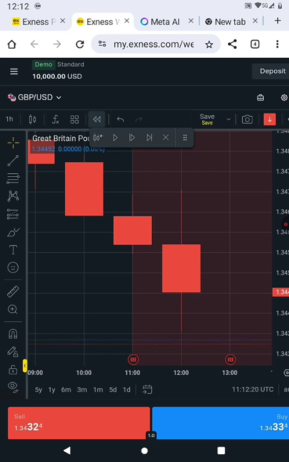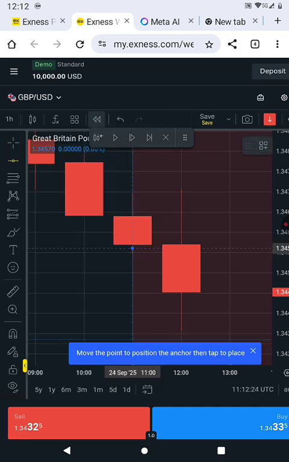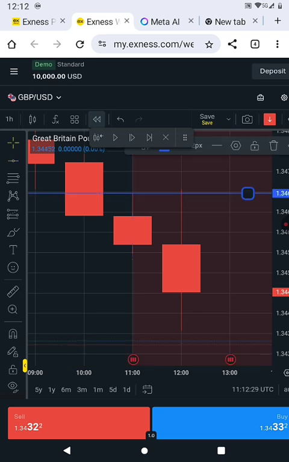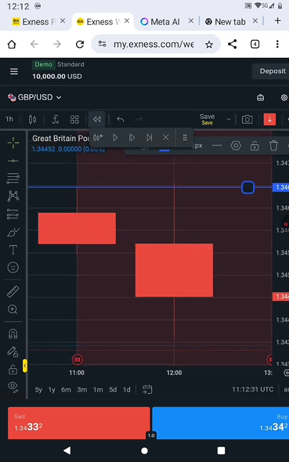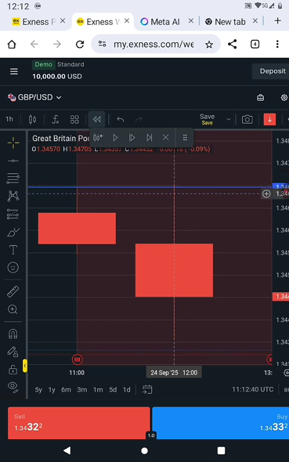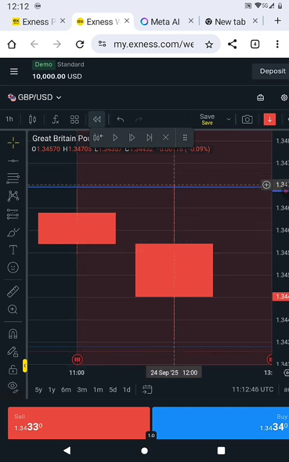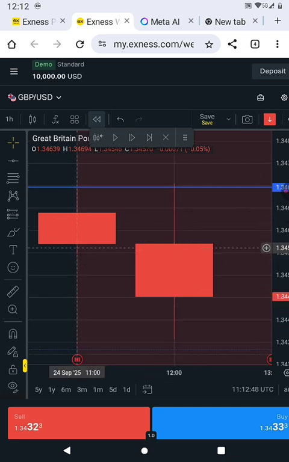So let me just mark this so that some of you who do not understand will see what I mean. So let's go. You can see, if you look very well here, that this particular candlestick wicked above this previous candlestick. Okay, meaning that a pullback has occurred. So anything else going below this candlestick now,